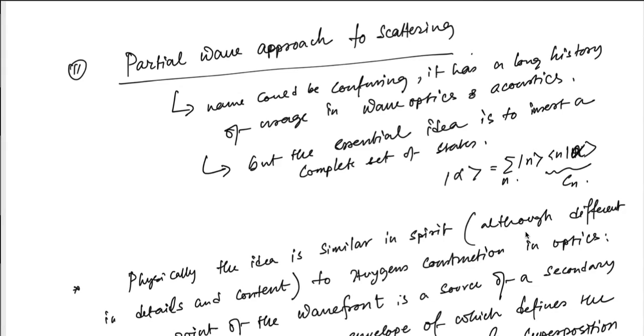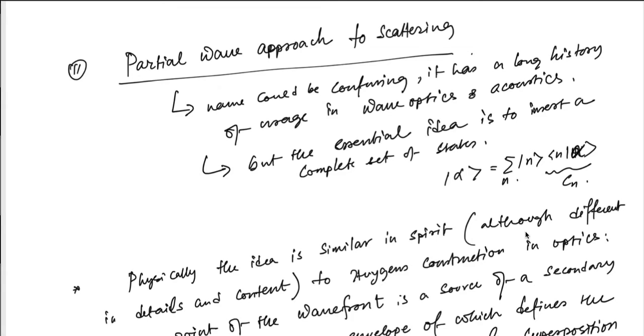Now the name partial wave could be confusing. You might think it is something else, but it is not very confusing once you get the picture, because it came from an analogy from optics. So try to think of it that way before you start thinking in some complicated way. This approach is also there in optics and acoustics. It is borrowed here because particles are waves, so the wave machinery is borrowed. As you know, that is what we are doing throughout quantum mechanics.